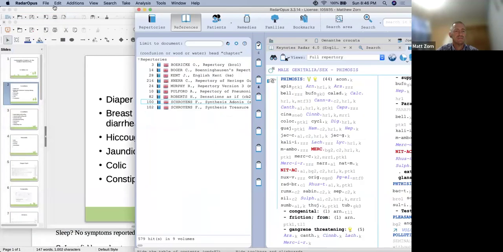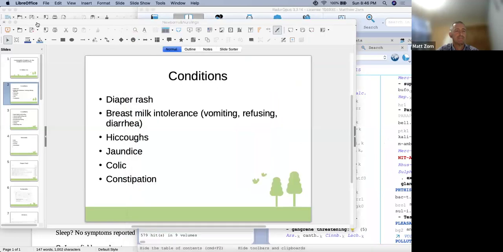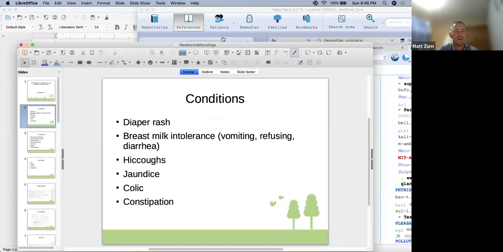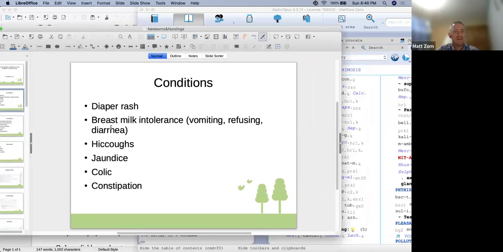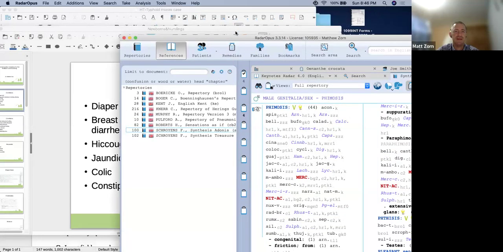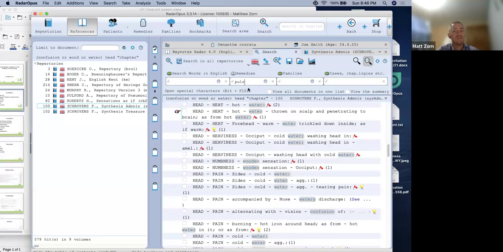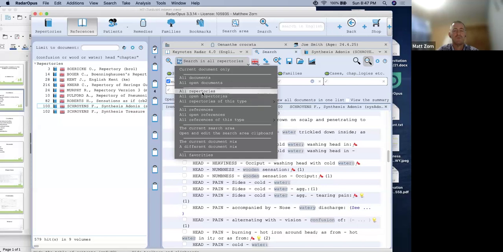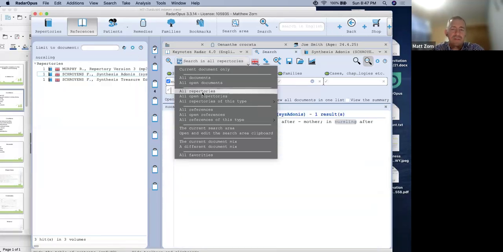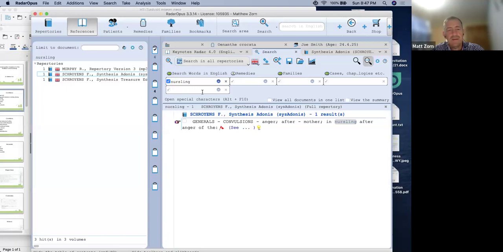So let me just go here. This is just a presentation I'm working on. So let's say you're working with a baby, an infant that's breastfeeding. Okay. The child that's breastfeeding is called a nursling. So I type in, and I'm going to go to all laboratories. I do this sometimes if I'm working with a child that's breastfeeding and they have a particular